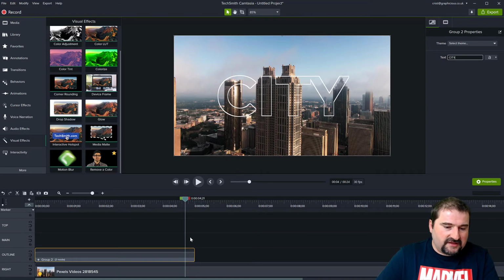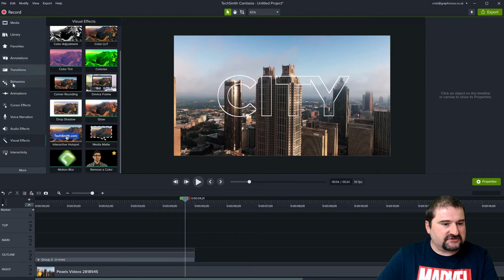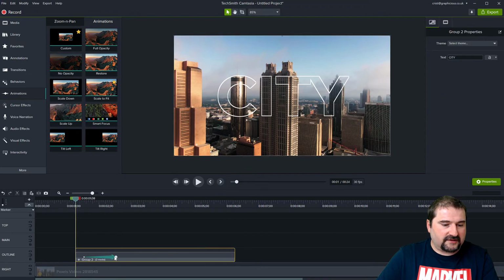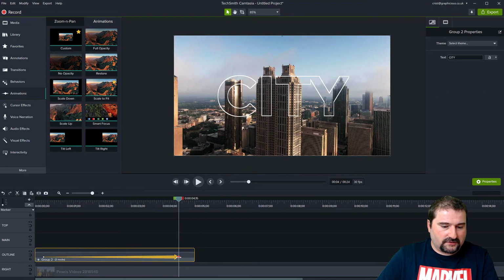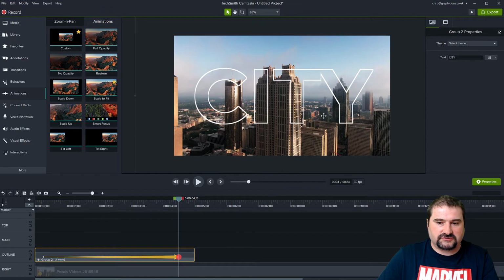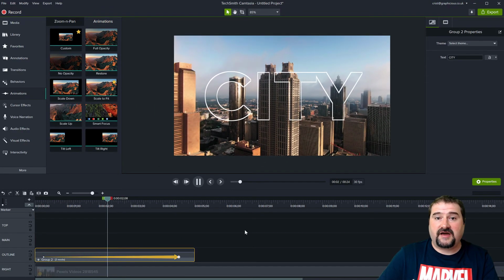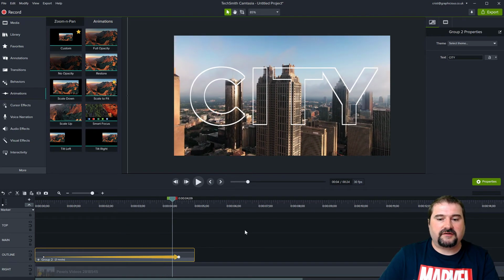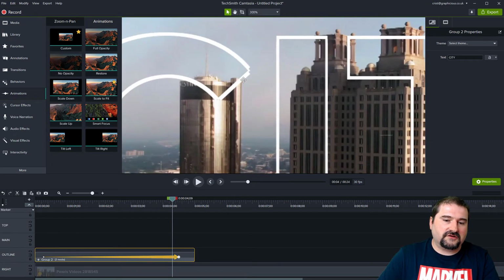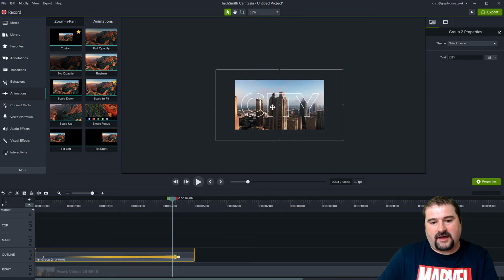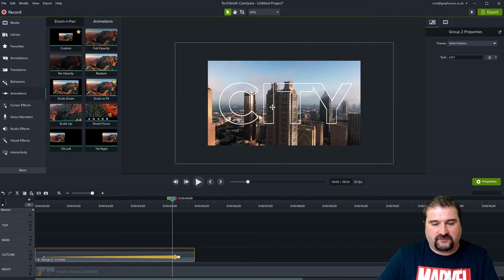So you can animate this. You can add an animation to it. You go here and use a custom animation and drag that on here. You make it longer, maybe use the control key to zoom in, and there you go. The animation is playing just fine because your text is now transparent. Yes, if you zoom in, you can notice these little corners here because we only duplicated that like 8 times, but I doubt that anybody's going to notice this.